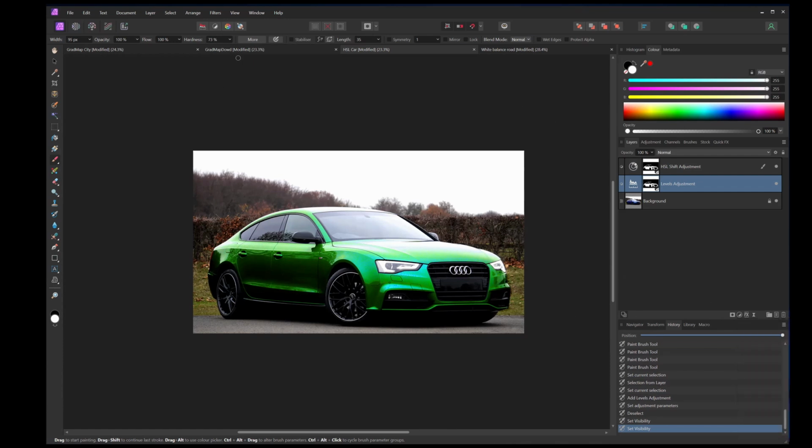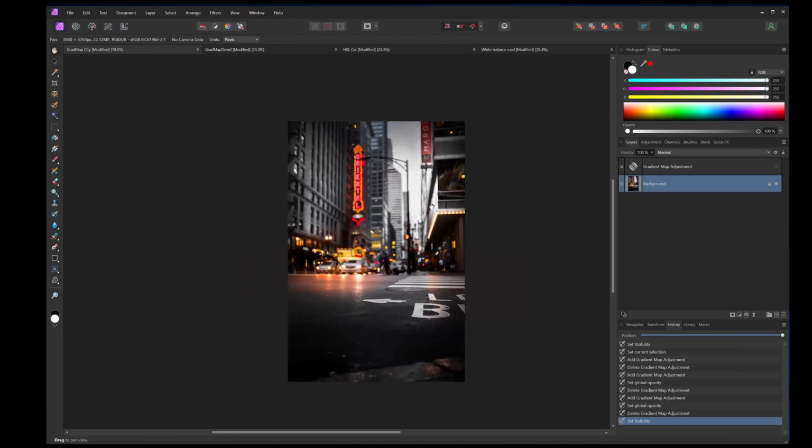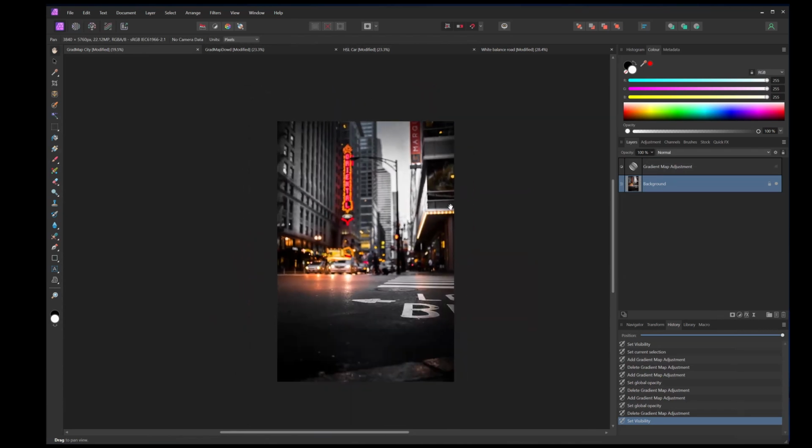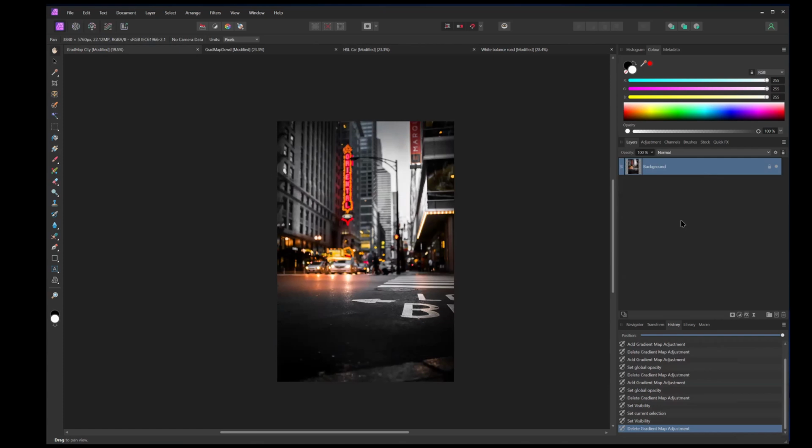So this one, let's do that one first. So we've got a city type scene. Let me show you what I've done. I've given it a much more orange, end of evening glow to it. So this is interesting. If I delete that, an interesting